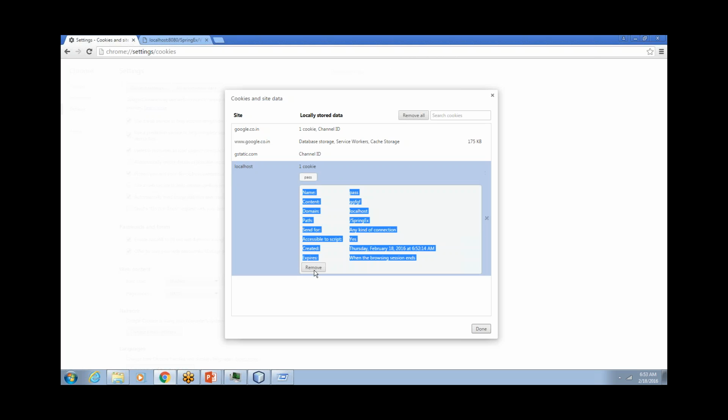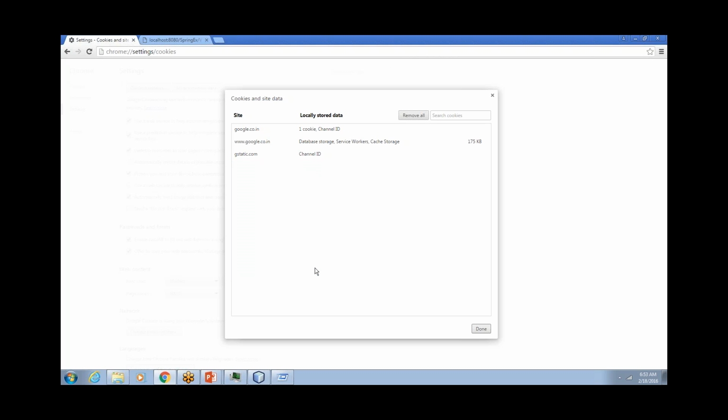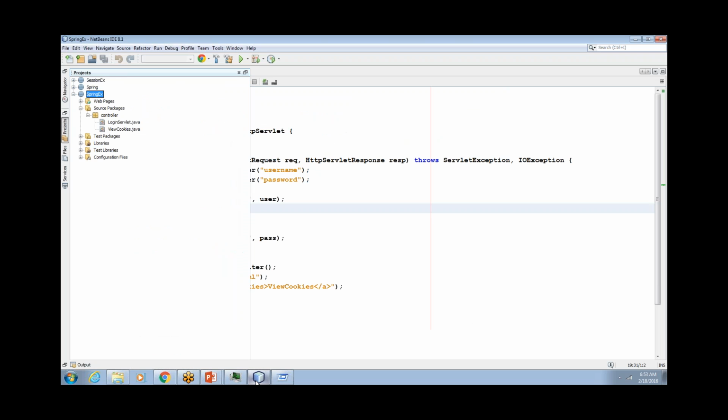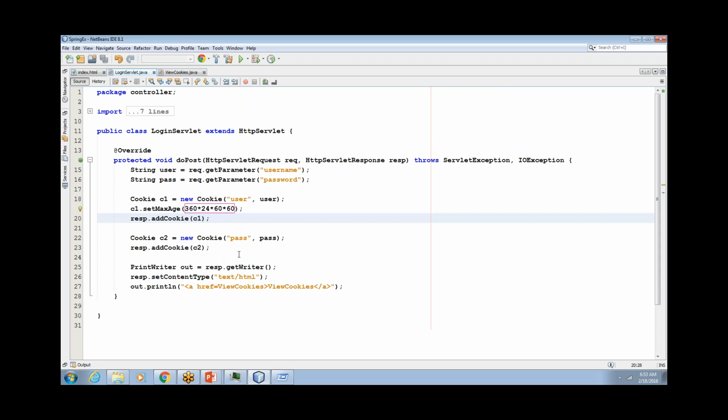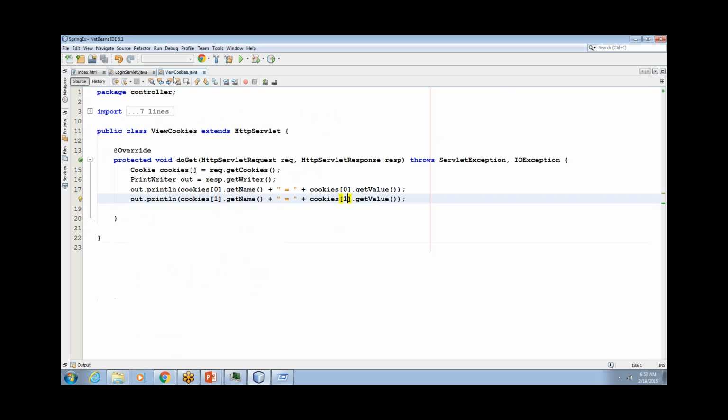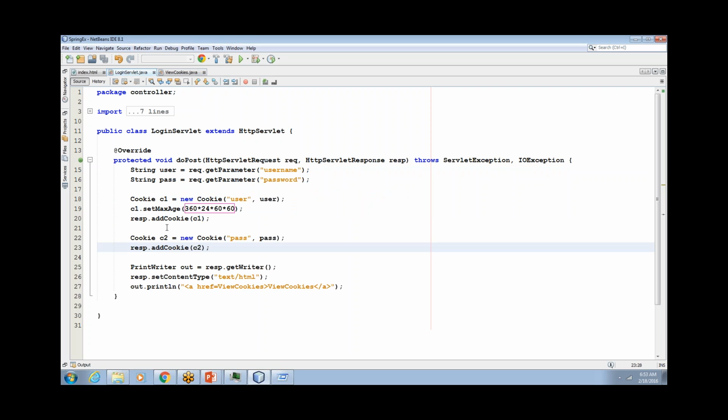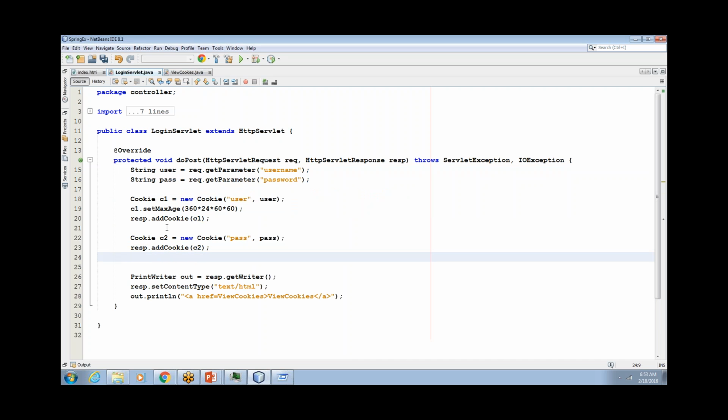So this is one way of deleting. If you are not flushing the cookies, then at its expiry date, at that point of time, the cookie will be deleted by the browser, not by the server. Now, if you want to delete the cookie from the server side, let's say after the statement has been completed, what you can do is